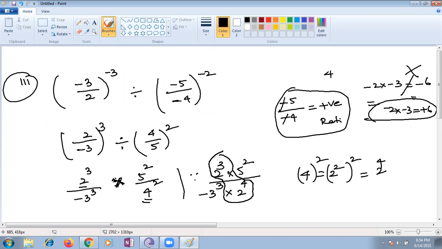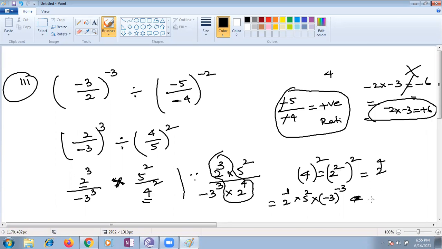In division we can subtract the powers, so it becomes 2 power minus 1, multiplied with 5 square, and this becomes minus 3 whole to the power 3. If the exponent is going up, it's a negative exponent. If they are asking only to simplify, you can express in terms of exponents. If they ask to evaluate, it means you're supposed to find the complete value. These are the 2 steps you're supposed to remember in mind, children.